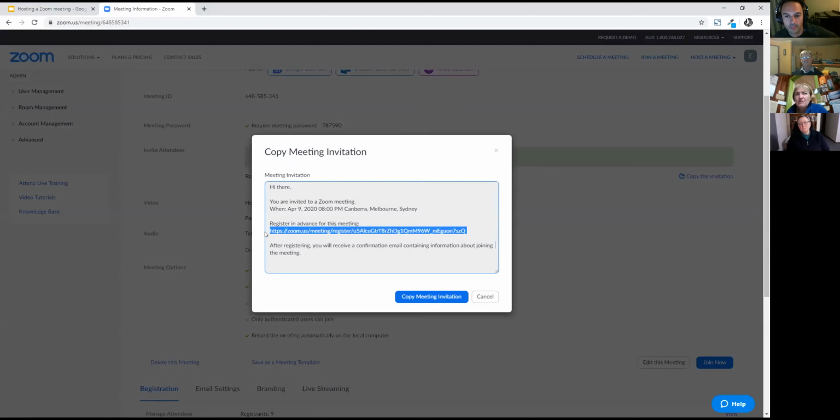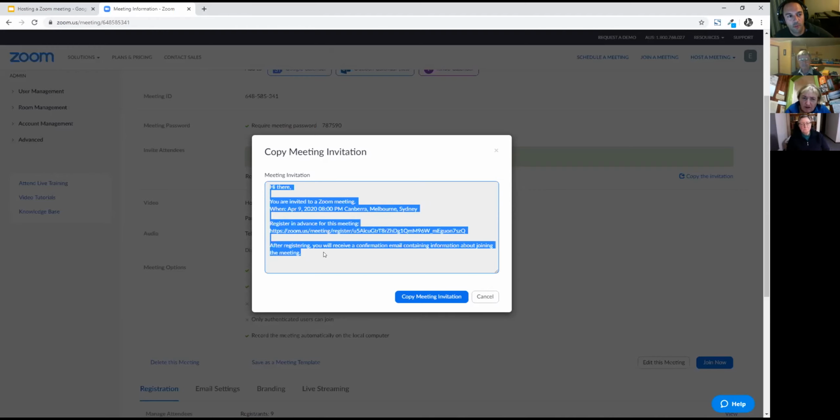What do you mean by registration on? So when you registered for this event, you needed to put in your email address and your first and last name. But that's optional. I did that so I could know who was going to be joining my meeting and how many people to expect. I saw that before. Yeah. Thank you. Yeah, you're welcome.